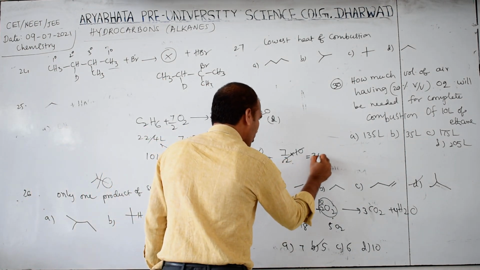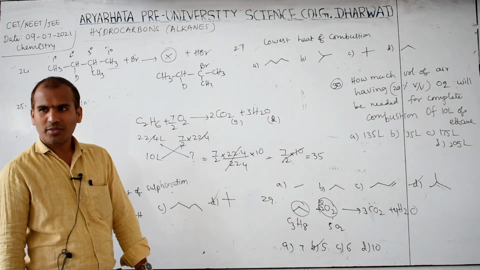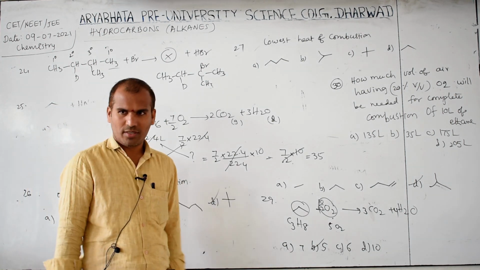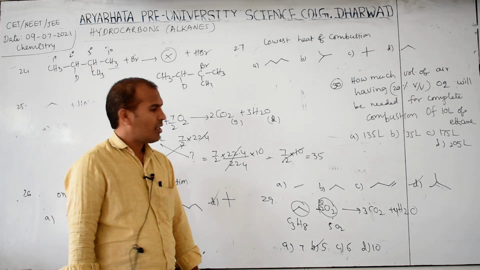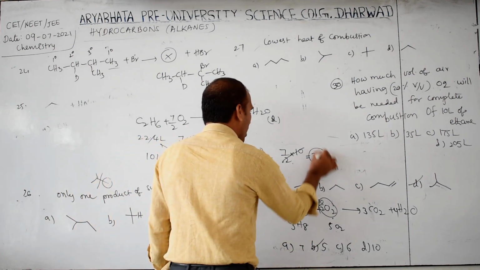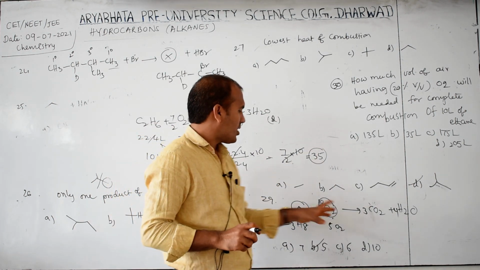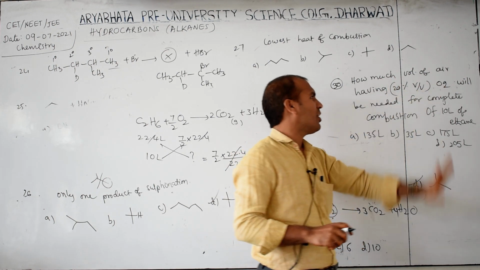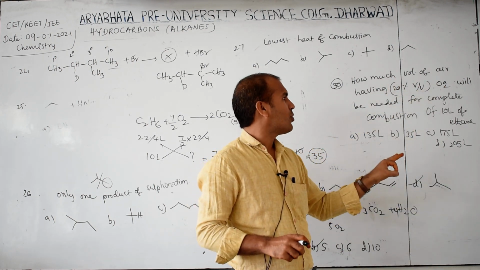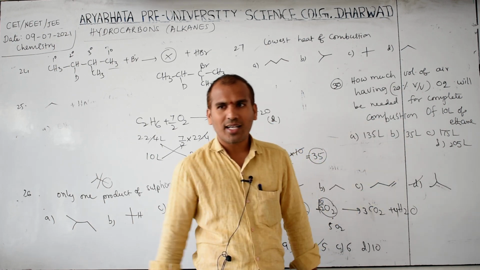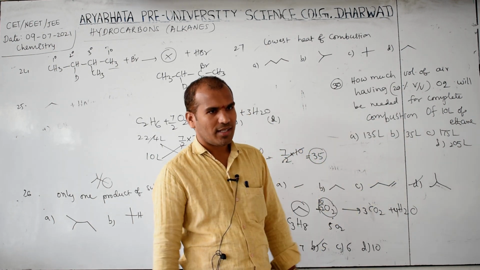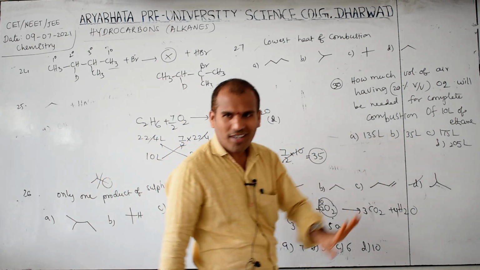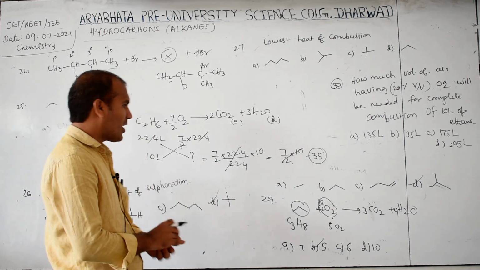This is only which one? Oxygen. Not air volume. Got the point? Then this air volume you have to calculate, because here we are writing oxygen. But they are asking how much volume of air having 20% V by V O2 will be needed. They are not asking for oxygen, they are asking for air volume. If you get 35, you will select the B option, but that is wrong. Then what is the correct option?